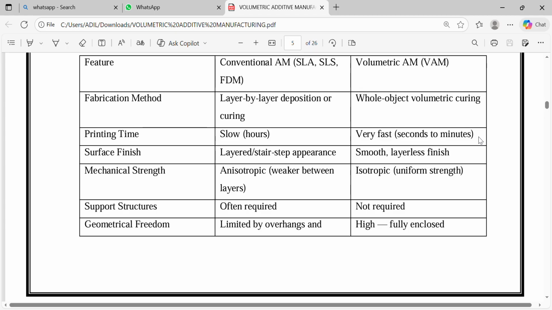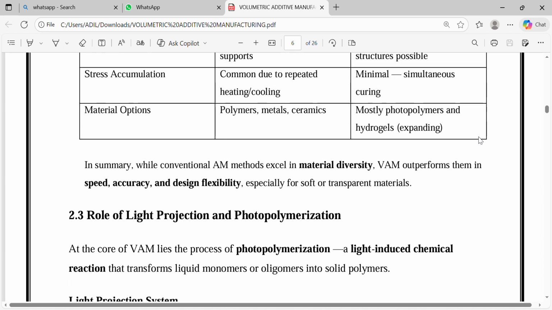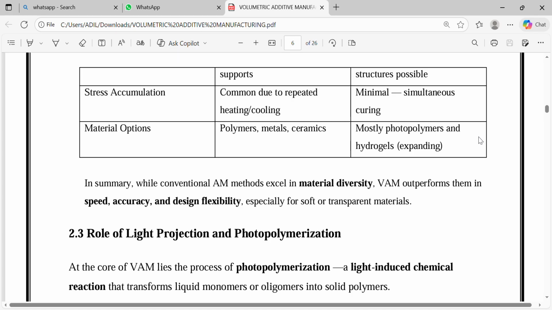In mechanical strength, the material is anisotropic in conventional and isotropic in volumetric additive manufacturing. Support structures are often required during conventional AM and not required during volumetric. Geometrical freedom is limited by overhangs in conventional AM, and is high and fully enclosed geometries are possible in volumetric additive manufacturing. Stress accumulation is common due to repeated heating and cooling in conventional, but stress accumulation is minimal in volumetric